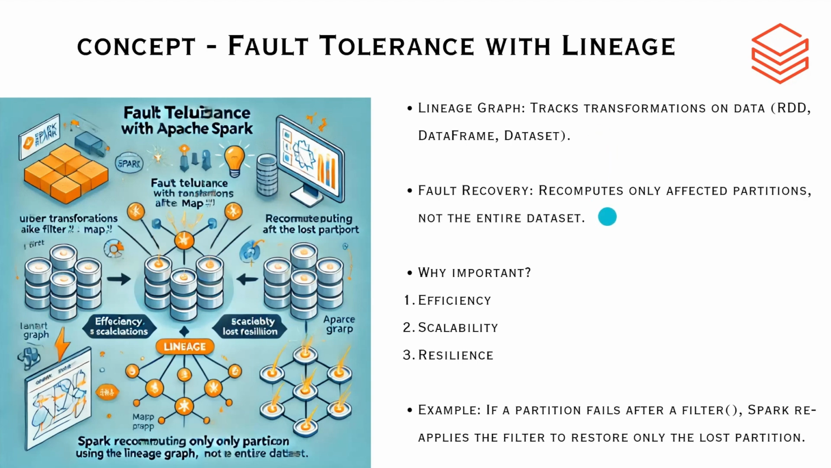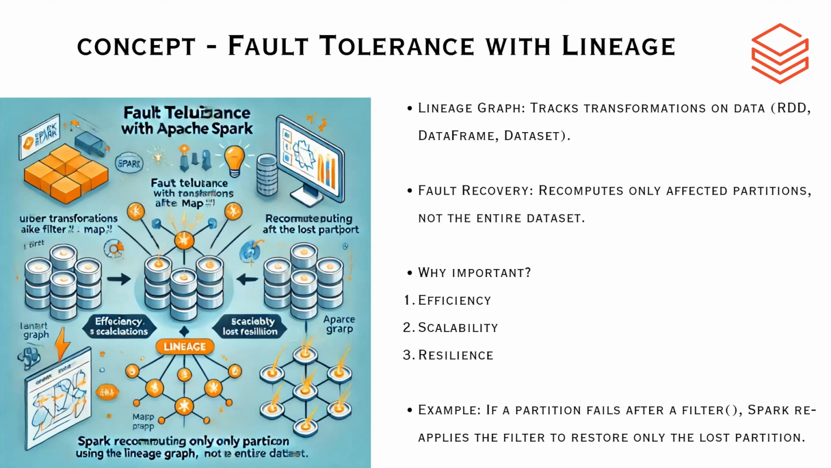So suppose in the case of failures, such as a node crashing or a data partition being lost, Spark does not need to recompute the entire dataset. So instead, it uses this lineage graph to recalculate only the affected partitions. For example, imagine you have a large dataset and you apply a filter transformation. So if one of the partitions of this filtered dataset becomes unavailable, Spark will reapply this filter transformation on the original dataset to restore only the lost partition rather than reprocessing the entire dataset. So this approach minimizes the amount of recomputation needed by ensuring that data processing continues smoothly even in the case of failure. So this fault tolerance mechanism makes Spark highly reliable, especially for large scale distributed computations where